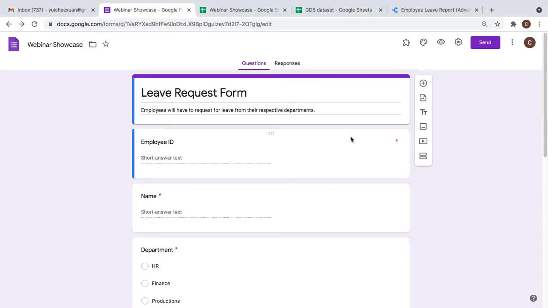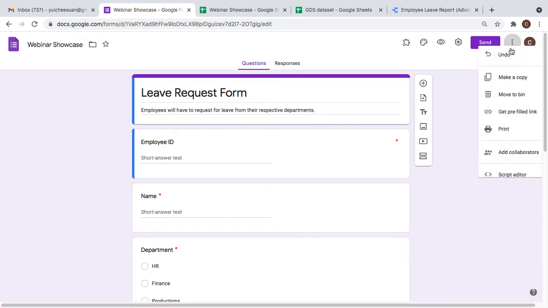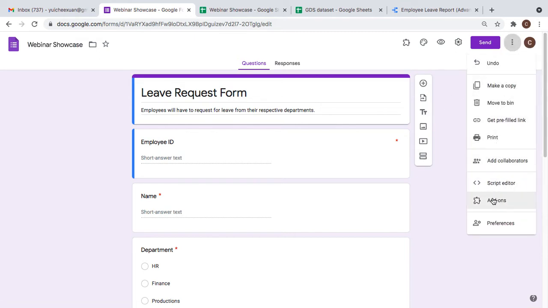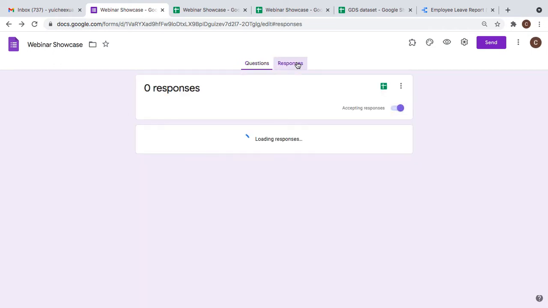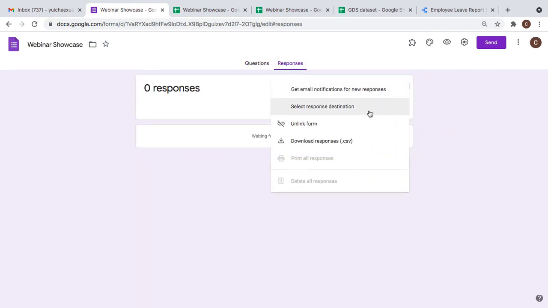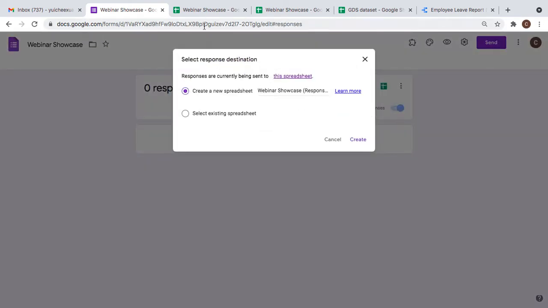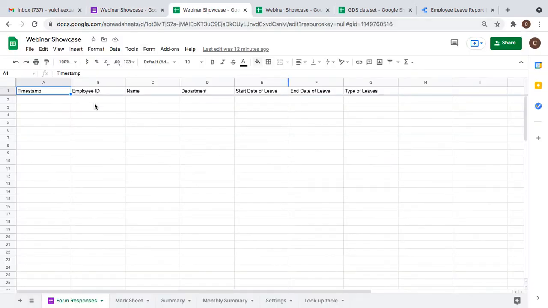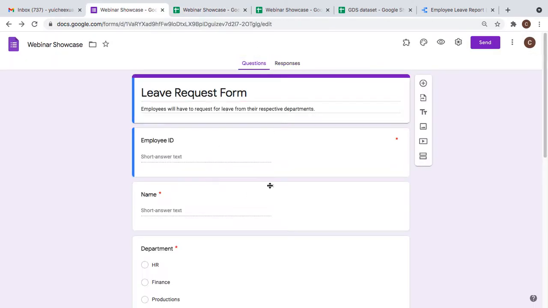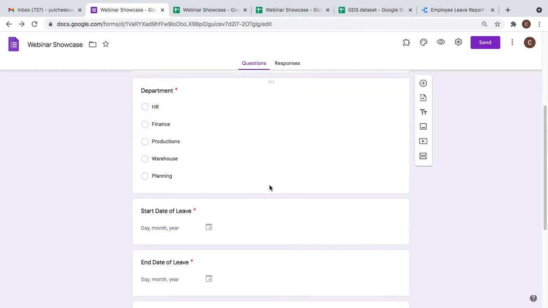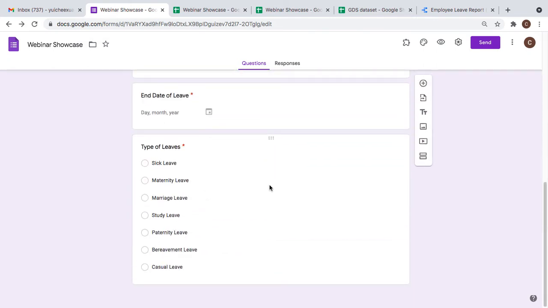You have learned how to set up Google Form. You understood how to install Form Approver from the Add-ons button. You also know how to select Response Destination to the spreadsheet that you have created, in this case, which is this. And you also know how to populate the required question in the form to collect the leave data from